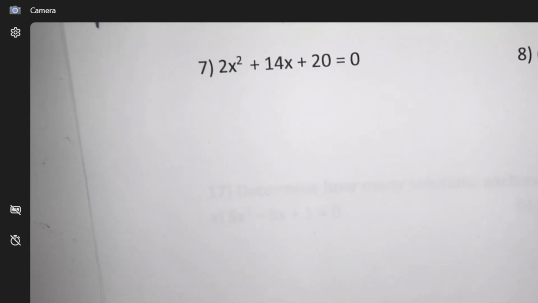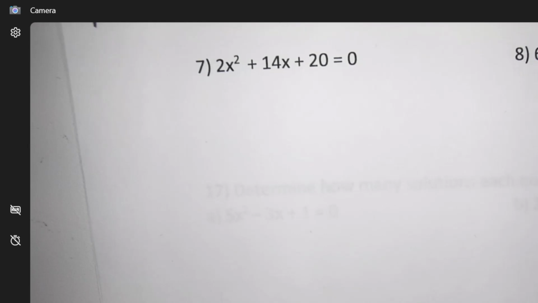Okay, number 7. Two variables equals 0. Okay, that's that. So now